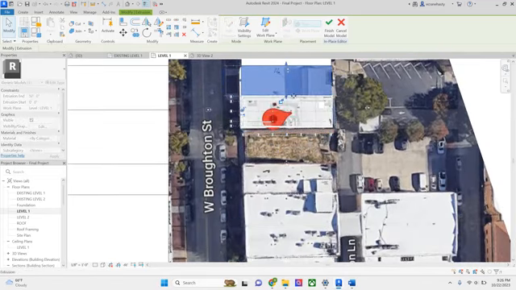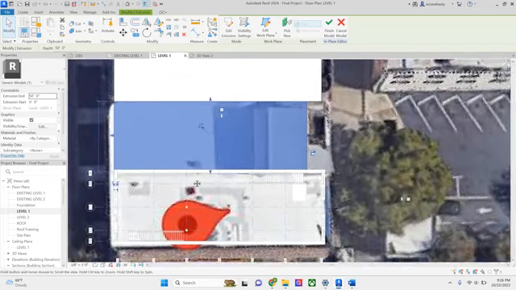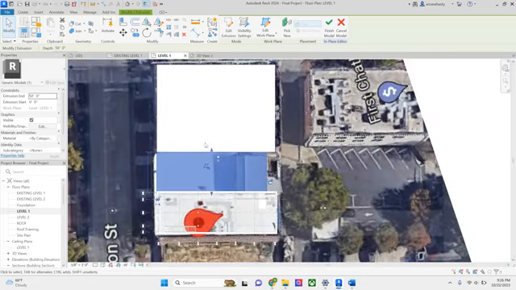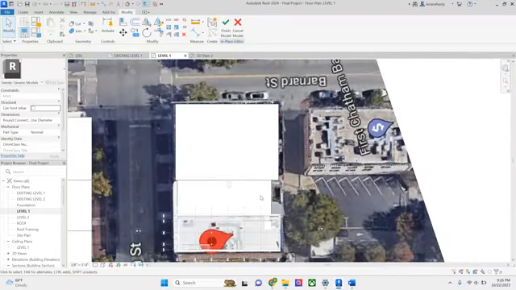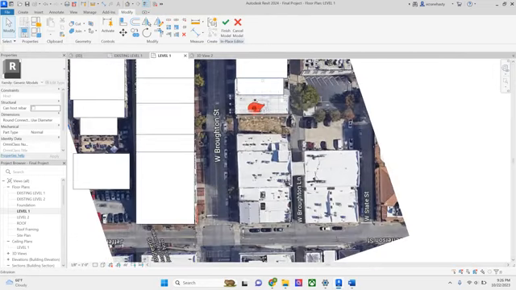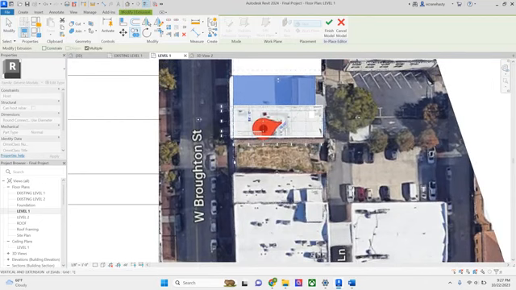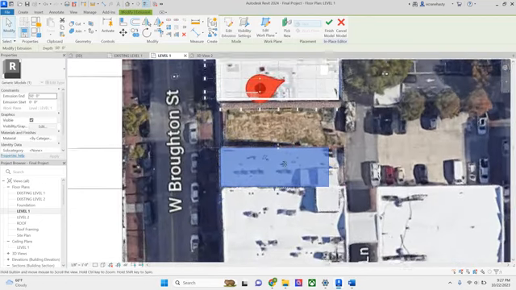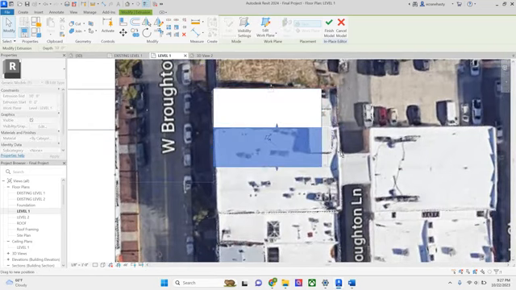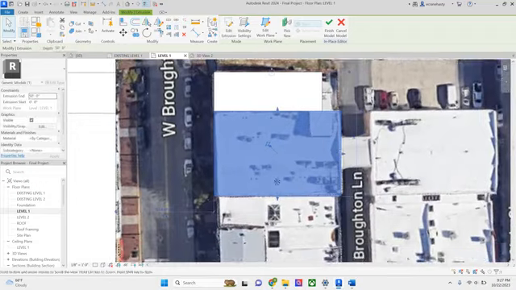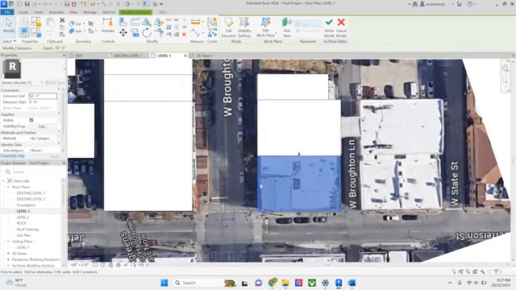So I'm going to fudge a little bit of this to make it work to my favor. And I'll probably pull this guy back a little bit because I don't want it to interrupt my building. I'm going to leave that one alone. We're going to skip that courtyard that's there, which in theory is our building that burnt down. You'll notice that I move pretty quickly in here. So if you need to go back and look at anything, please feel free to